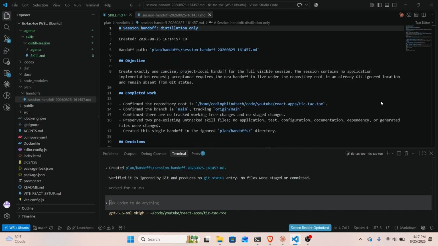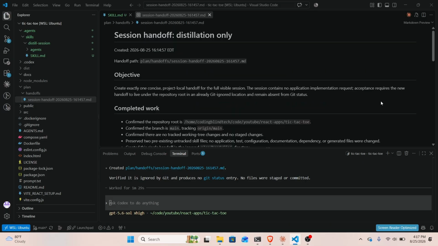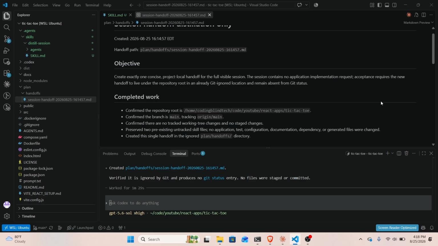Let's see what it says. Main landmark, session handoff. All right, so now we can look at it this way, or we can do a preview of it with Control Shift V, as in Victor. Sometimes it'll lock you into forms mode or browse mode, and you'll have to press tab. But for me here, it just went directly into the document. So now I can move around with